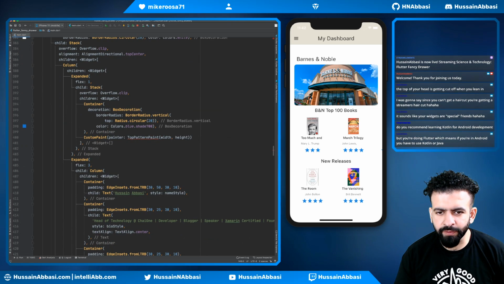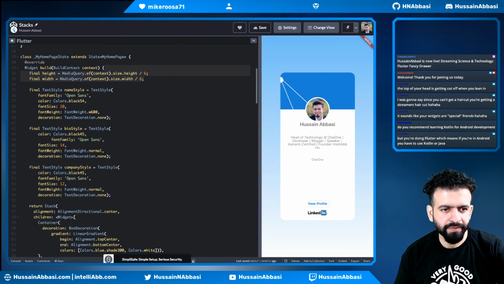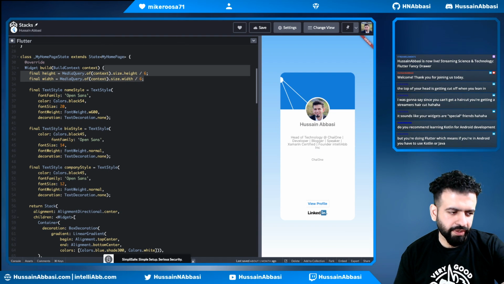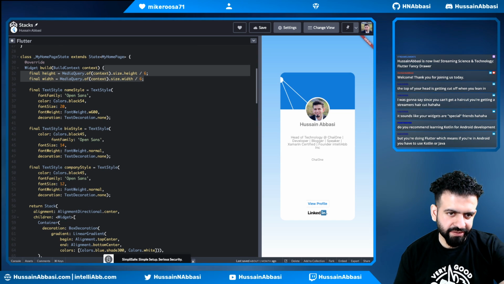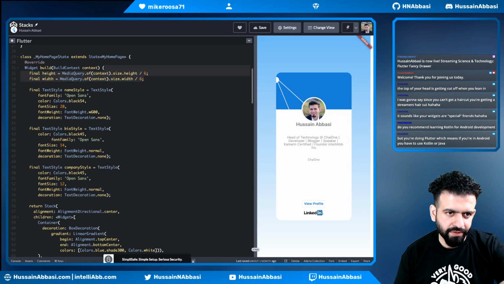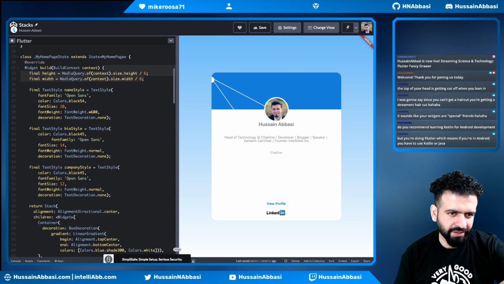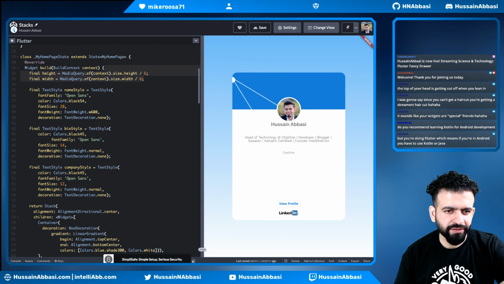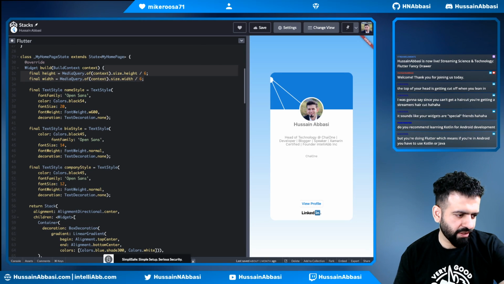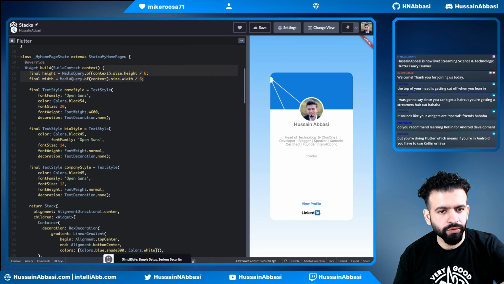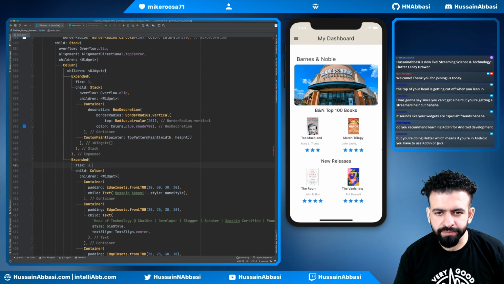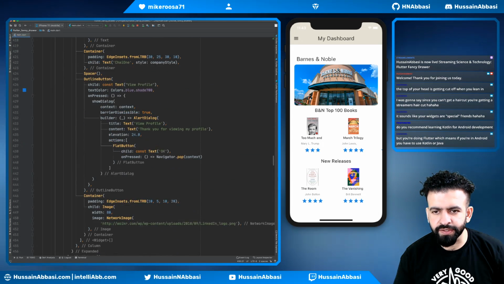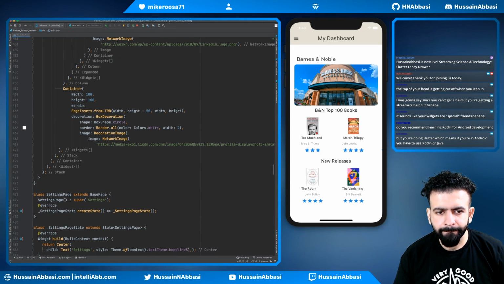All right, so now it's gonna say, hey, where's my custom paint for the top pattern? So what that is talking about is, see, in LinkedIn, when you go to the profile badge, there's this semicircle with two lines coming out of it from the top left. So in this particular pen, I used a custom painter to paint those two lines and the arc. Okay, so as you resize the frame, it sticks where it needs to stay, which is pretty cool. We go back here. In this case, I don't think I care about that right now, so I'm just gonna get rid of it. Rest should be fine. If I save it,